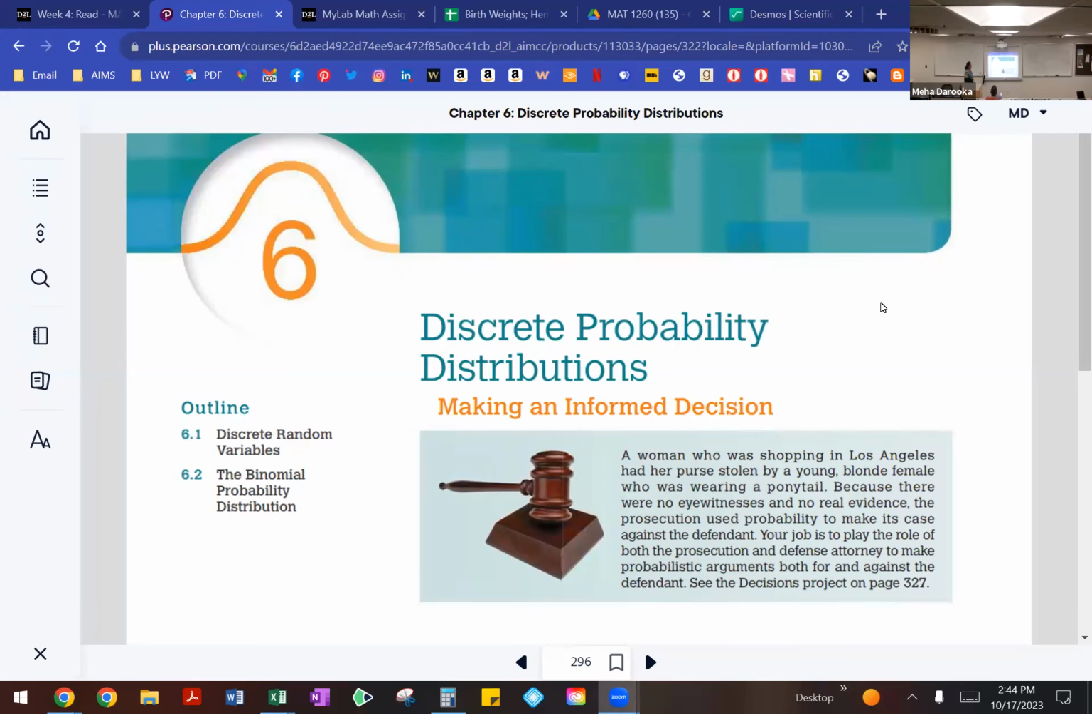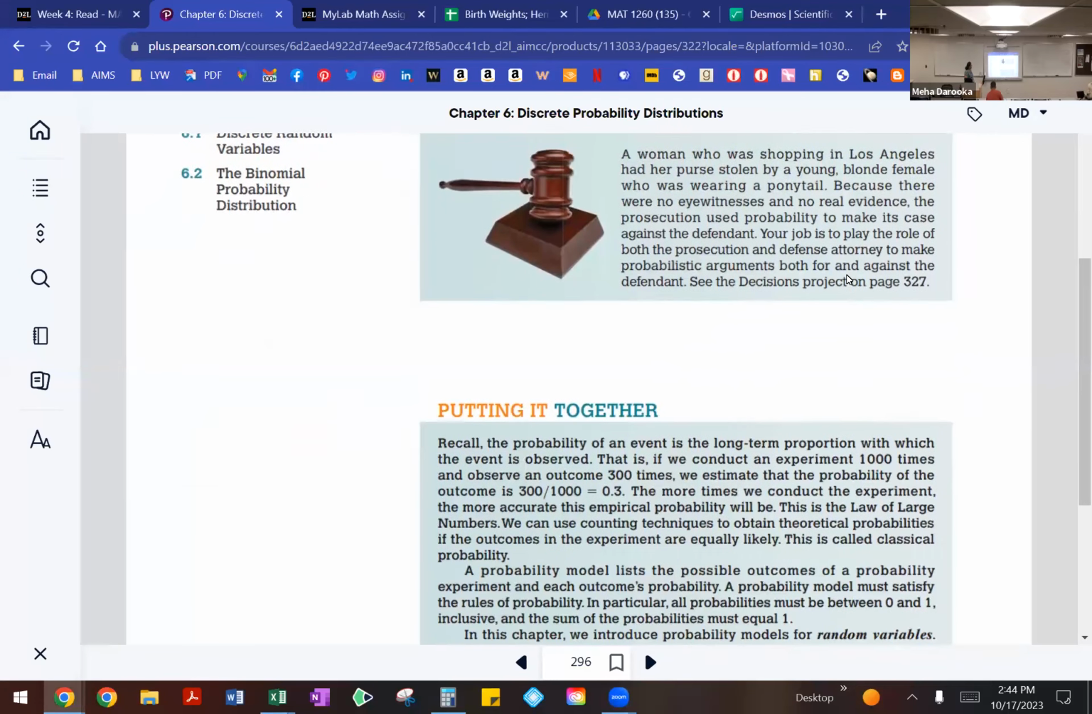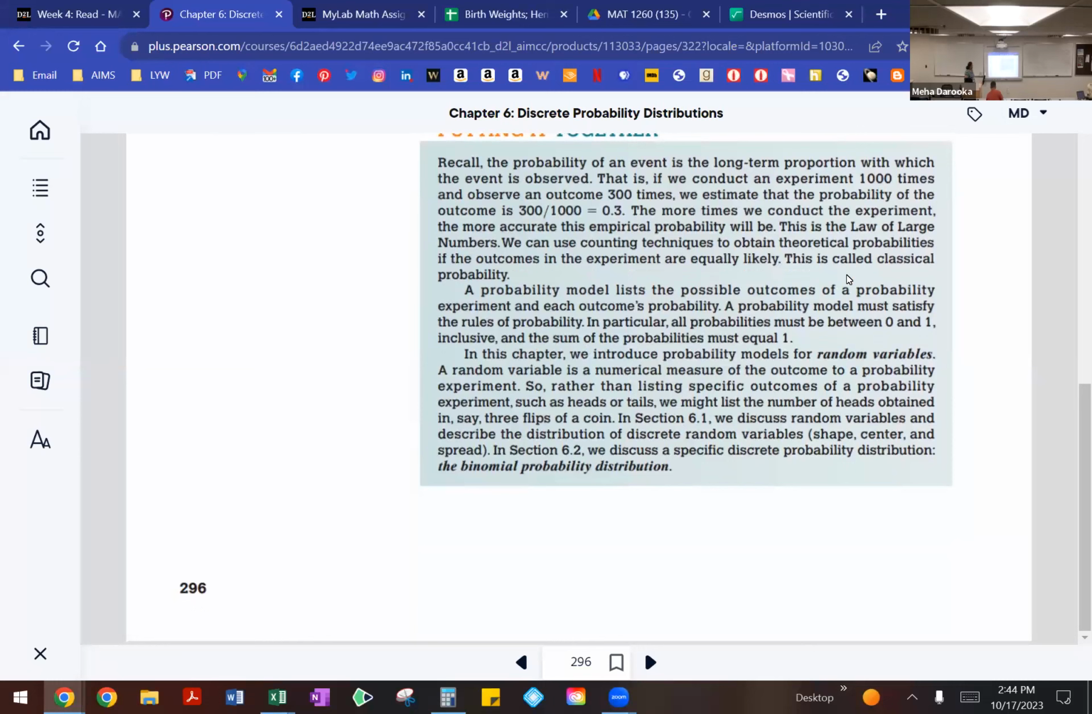Okay, so let's talk about discrete probability distributions. This is kind of going to be a little bit of description, but